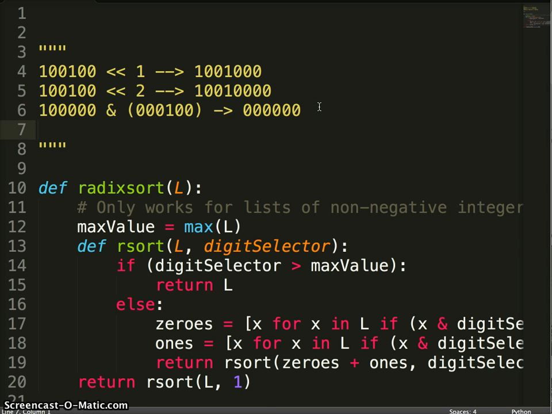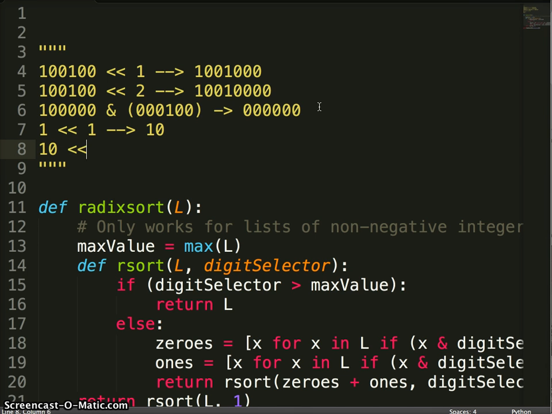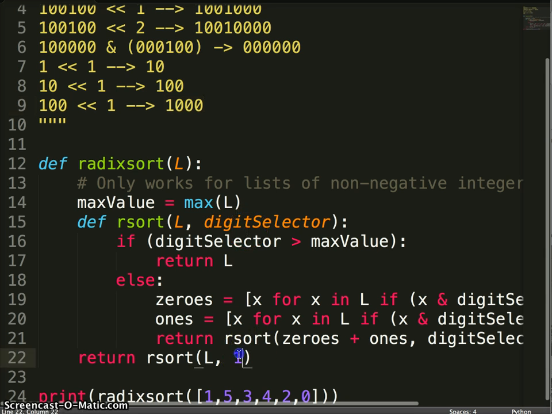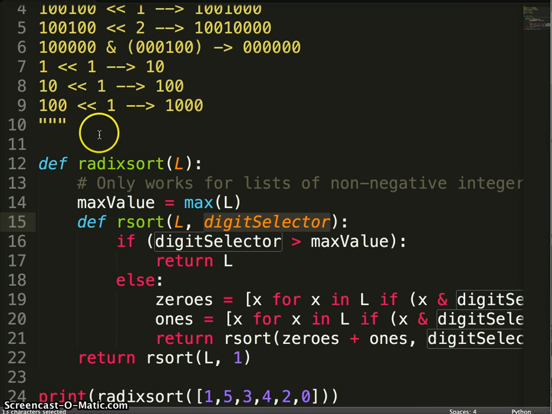Now, additionally, we have to understand that, let's say that I start out with 1. If I shift it over by 1, I end up with 1, 0. 1, 0 shifted over by 1 ends up with 1, 0, 0. And 1, 0, 0 left shifted over by 1 ends up with 1, 0, 0, 0. So as you can see, if we keep shifting 1 over by 1, then we keep increasing the number of zeros. So what we're going to do is start with 1, and the digit selector is basically going to be